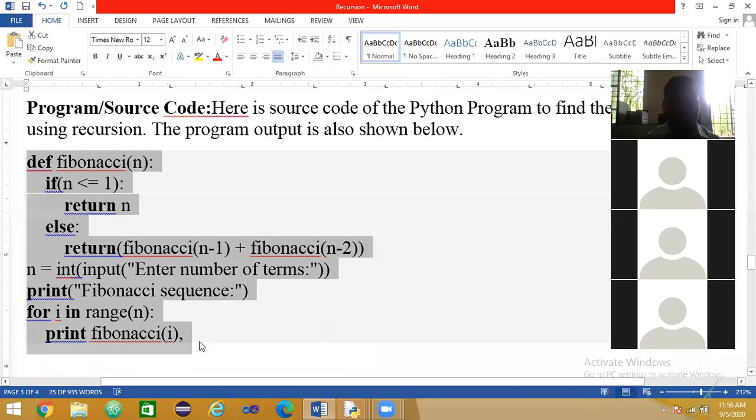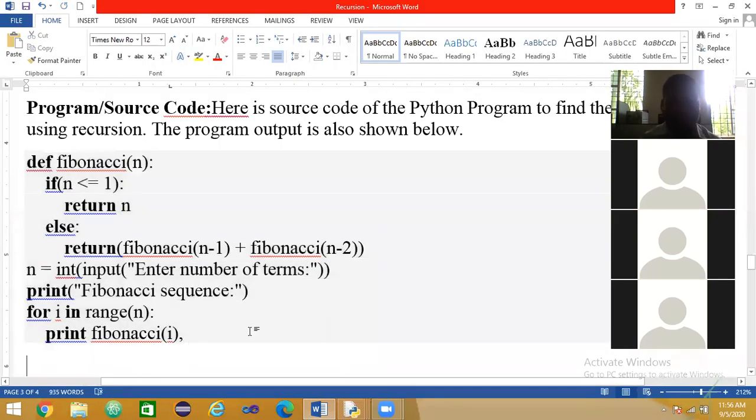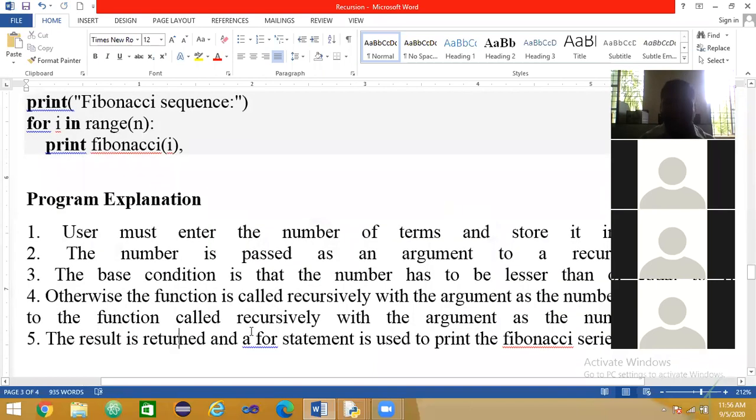So if you are not getting it, the explanation is there, showing how the program is working. The execution of the program is okay, but to understand each and every line of the program is very, very important, especially that recursive statement in the program. To understand that one is very important. Here the steps are there, program explanation is there. You go through that one.